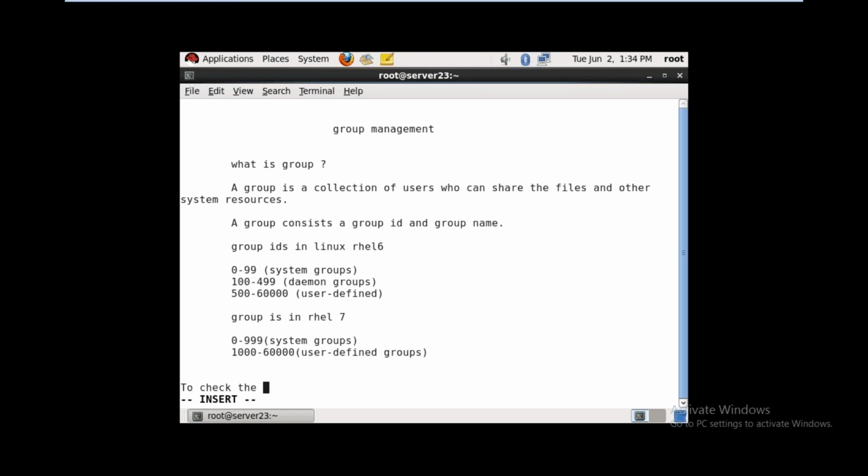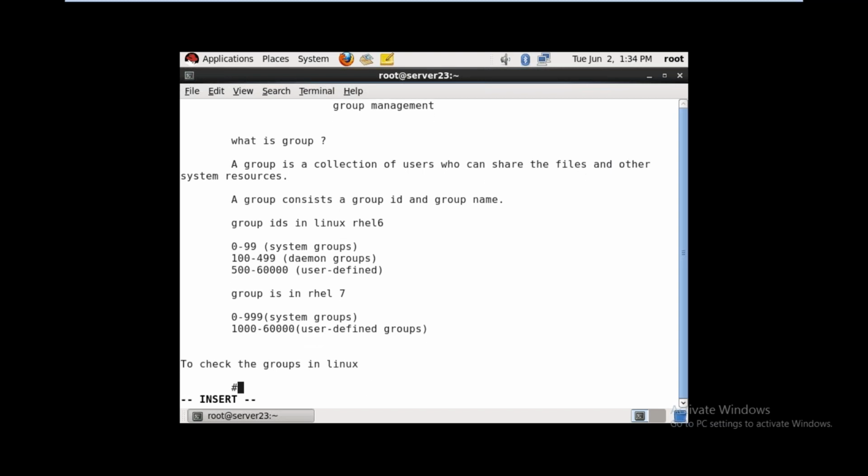To check the groups in Linux, the file you have to see is cat /etc/group.